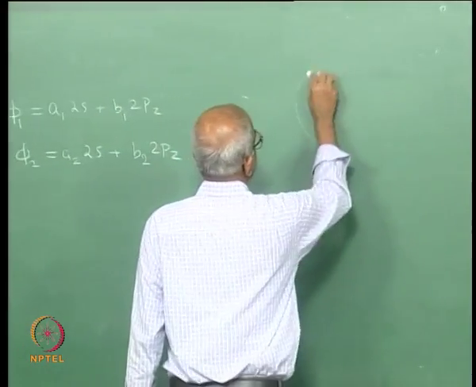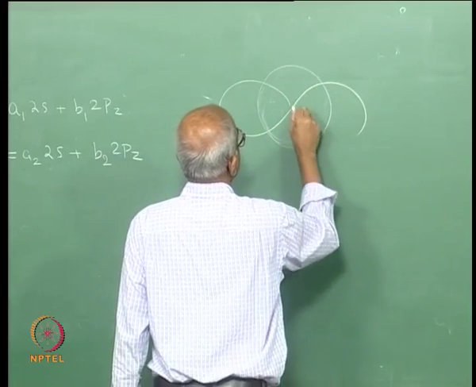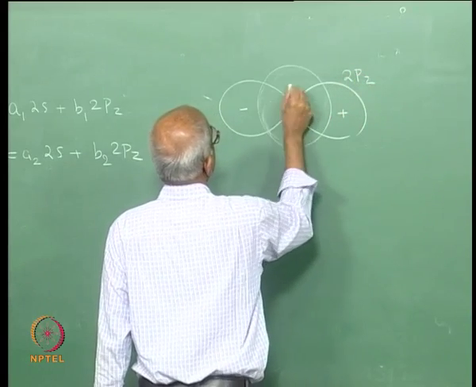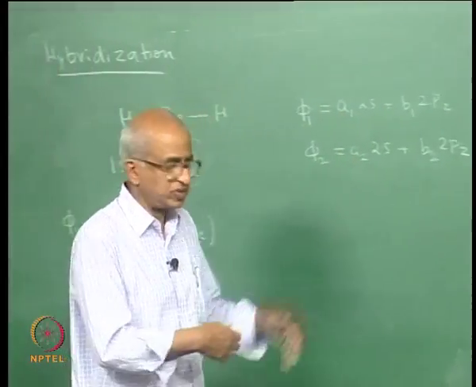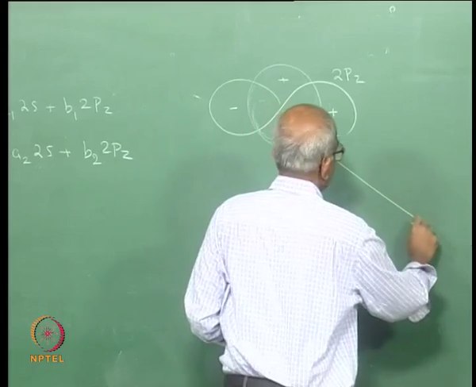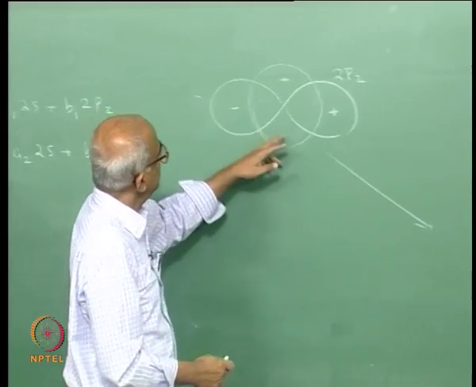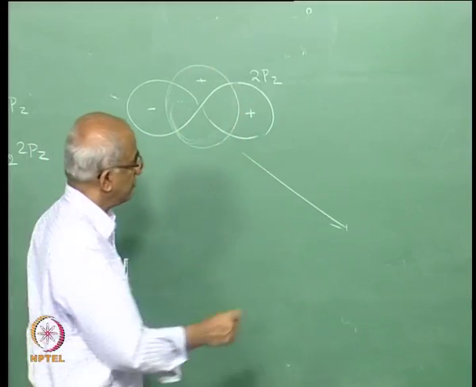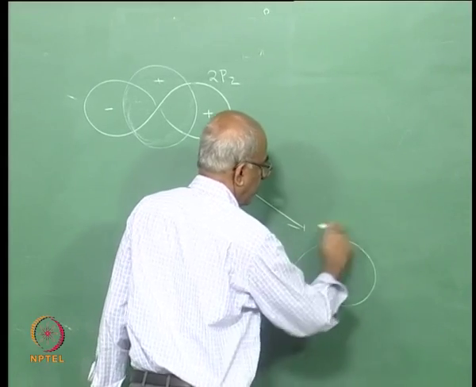See, this is my 2s, which I represent by a sphere, and that is my 2pz. The 2s is positive, you can say the 2s orbital has a positive value, let us say. And so, if you add the 2s with the 2pz, what will happen? Well, in these regions both 2s and 2pz are positive. So, therefore, you will have a positive region which may be represented by a lobe of this shape,